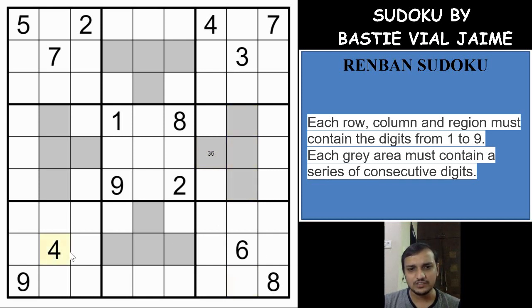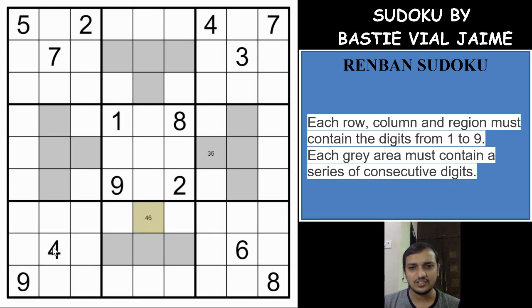Same goes for the 4 and 6 here for this T-shaped region. If you see, you cannot have 4 consecutive digits without using 4 or 6. So 1, 2, 3, and you will need a 4, or 5, you will need a 4, 5, 6, 7, or even after the 6, 7, 8, 9. So either of these 2 digits, one has to be here, and it has to be used.